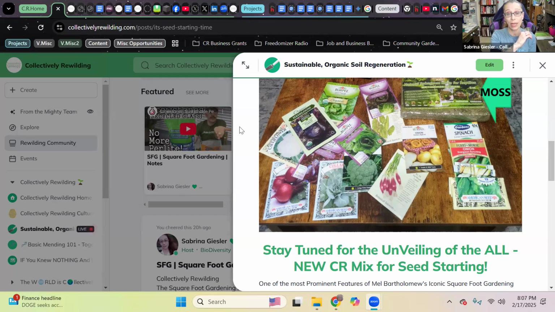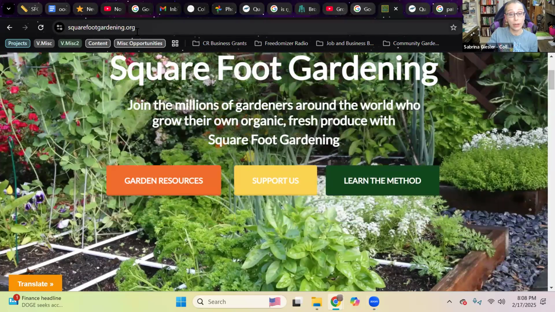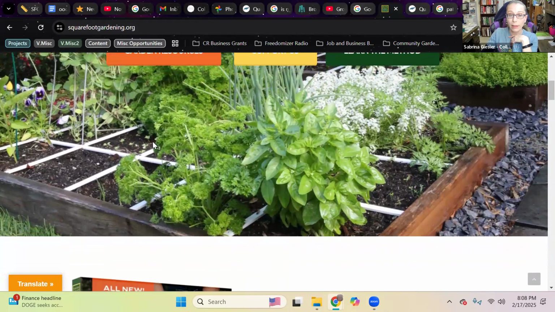And then we are going to utilize Mel Bartholomew's grid idea. I don't know yet what material we'll be utilizing, probably this first year. Unfortunately, it'll be used Venetian blinds that we use for the grid lines. And going forward, I would love to see what you can see actually on Square Foot Gardening. Let me show you their website. So it's squarefootgardening.org. I apologize. The pieces that they show here are like wood, lace, and they're just beautiful, but they will cost a little bit,